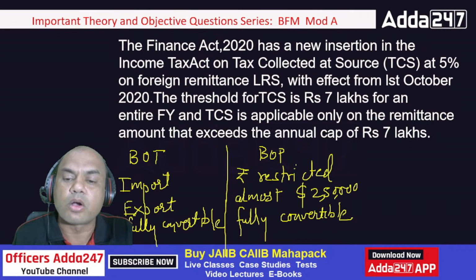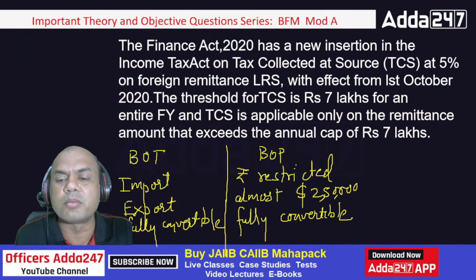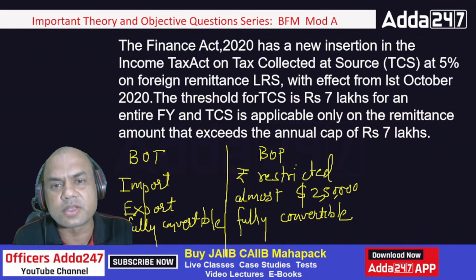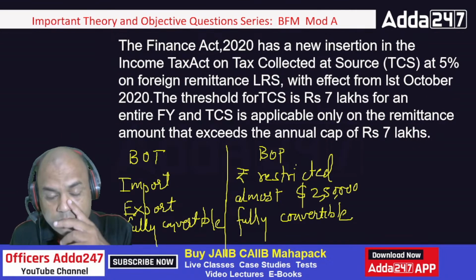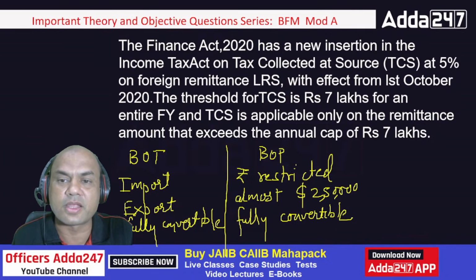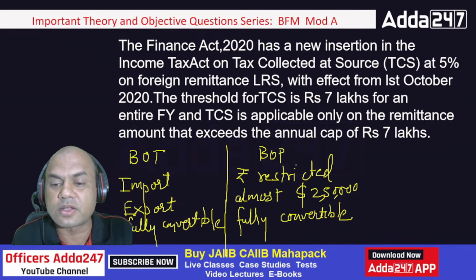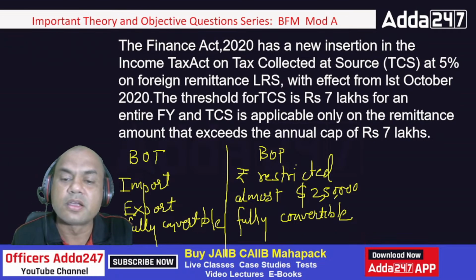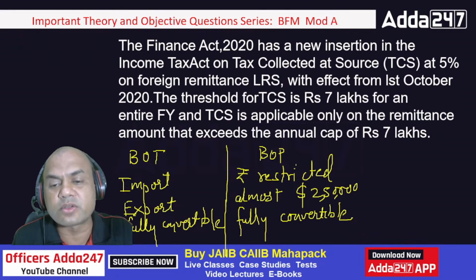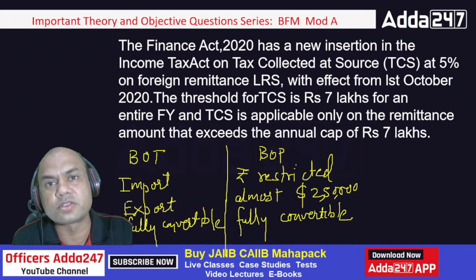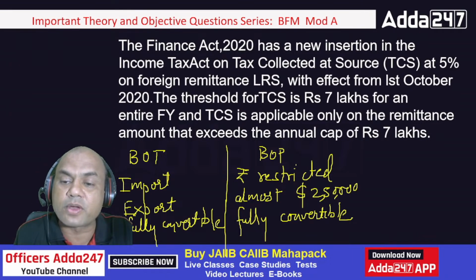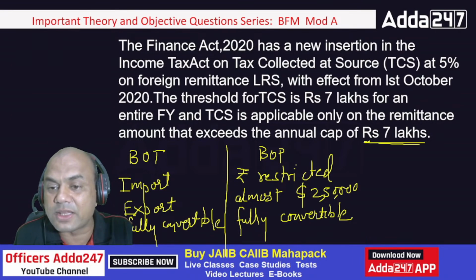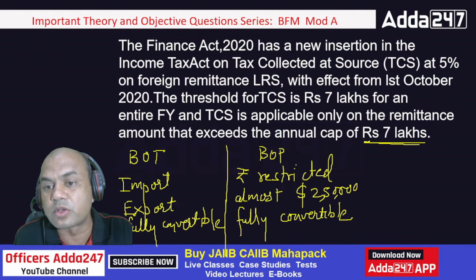Because here, a common man does not require an amount greater than 2,50,000. So for this, no permission is required. So already it means fully convertible. Now the case over here is, suppose you are transferring, and this 2,50,000 is in dollars. Then what does the government say? It says that okay, you can transfer 2,50,000 dollars without any restriction. But if you transfer any amount above rupees 7 lakhs, here this is in dollars, this is in rupees.